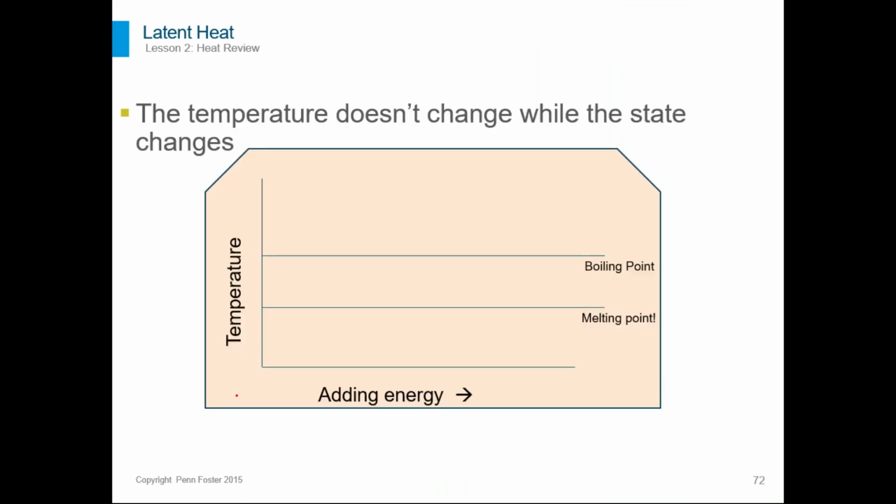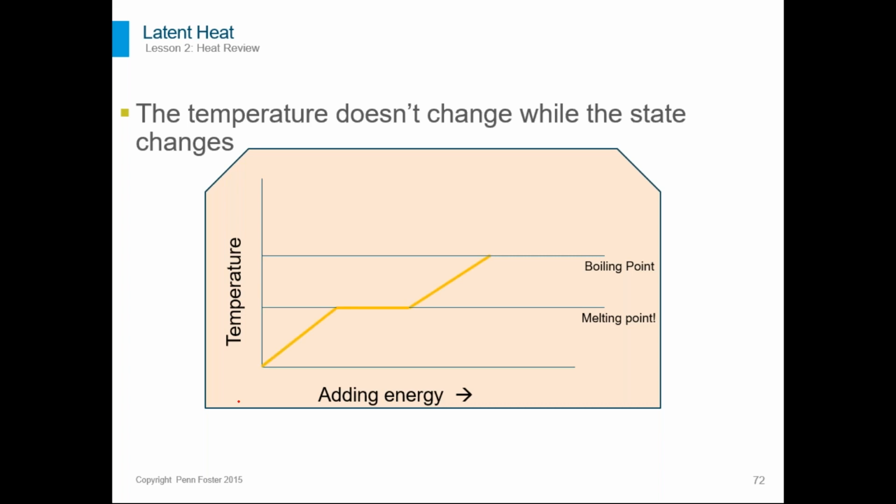Okay, so here's another way to show it. We're showing a graph where the bottom is showing energy being added, and then up the left is temperature. If you have a solid, again, let's say you have ice that's really cold, below the freezing point. As you add energy, it warms up until it reaches that melting point, and then you're adding energy, but the temperature doesn't increase. Once it's all the way melted, as you add more energy, the temperature increases,